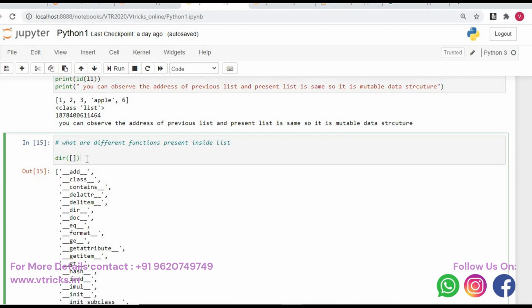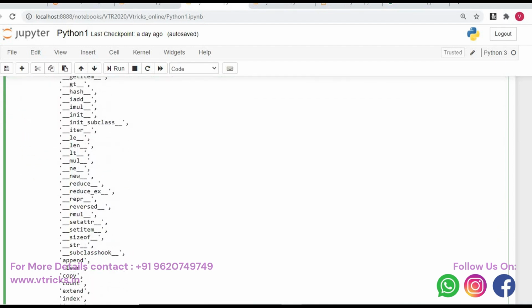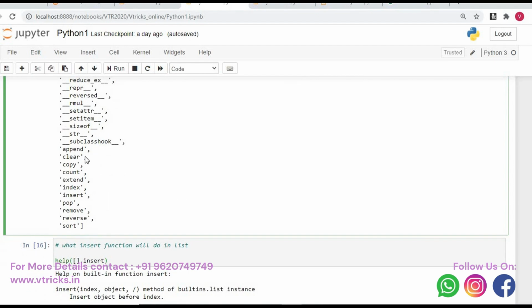You must understand that dir is like a telephone directory. It will give you all the functions present for me, given by the Python library. That is, I say dir of square bracket. It says these are the functions present for you: append, clear, copy, count, extend, index, insert, pop, remove, reverse, sort.